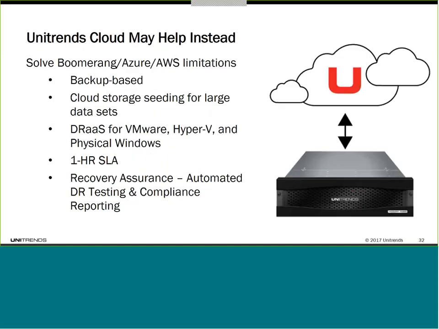So with that being the case, the Unitrends cloud, this is a vendor cloud, and we've talked before about the managed service provider. They might be a good solution here, but the Unitrends cloud may help as well. It solves the Boomerang, Azure, and AWS limitations because it's backup-based. We can seed large data sets to our cloud. And then we have DRaaS for VMware, Hyper-V, and physical Windows. And our DRaaS is based on you have two options, right? You have kind of an unlimited DRaaS option where